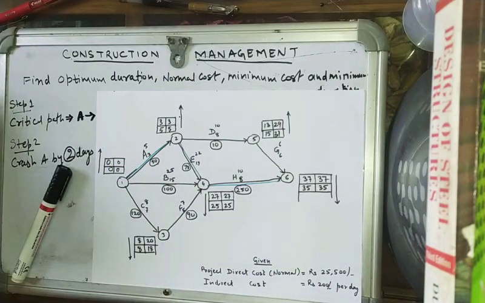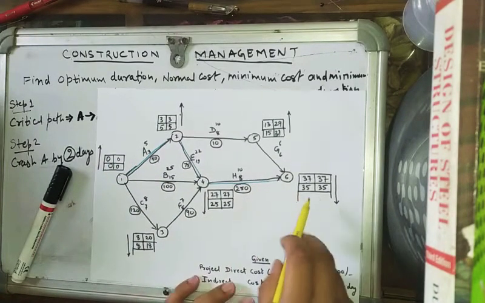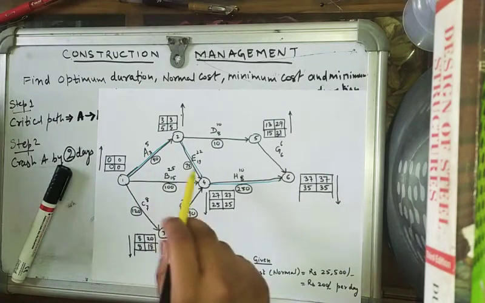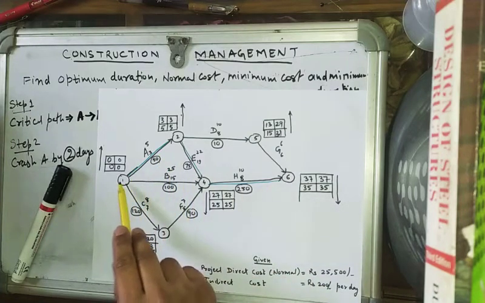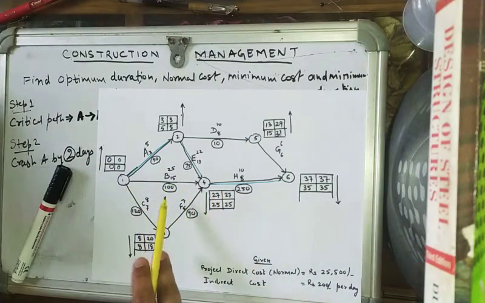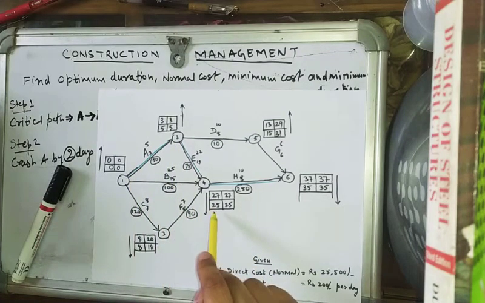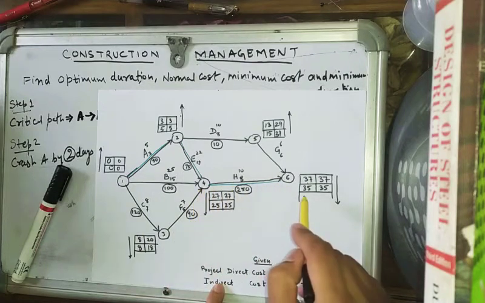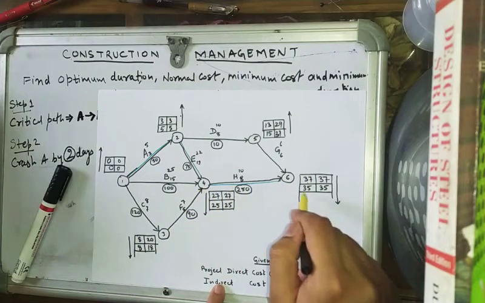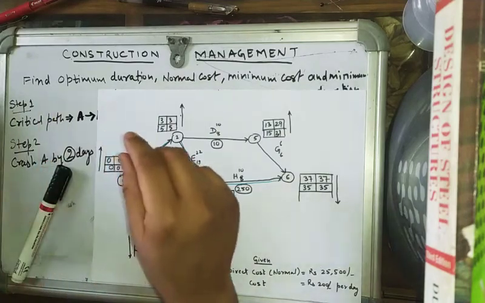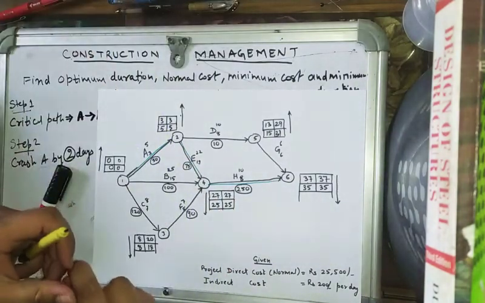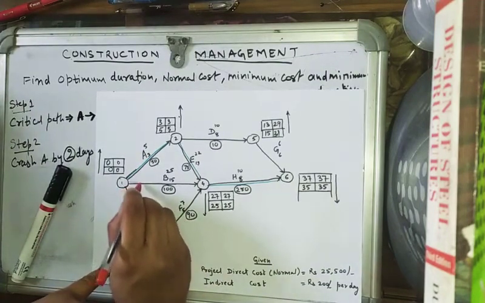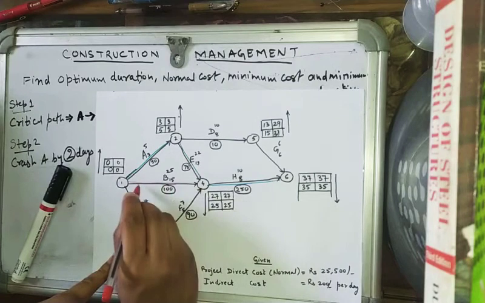So this way, now we know that the duration of the project is 35, and here we'll see that now there are two critical paths, A, E, H and also B, H, because by this path also we obtained the duration as 35, and following this path also, we find out that the total duration is 35. So now we have two critical paths. This is the additional critical path.